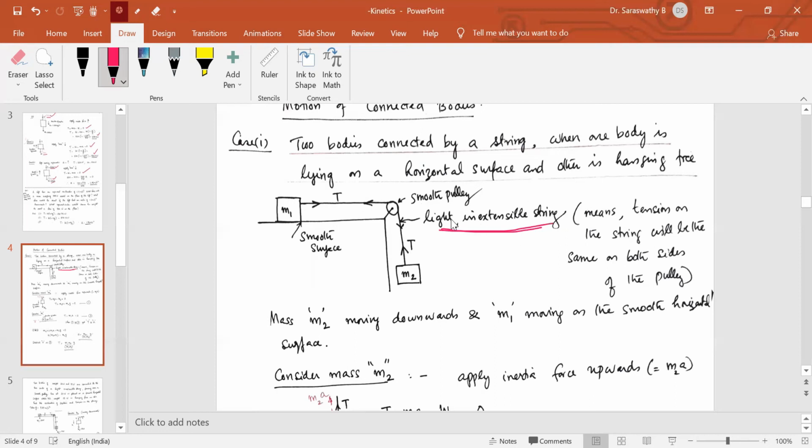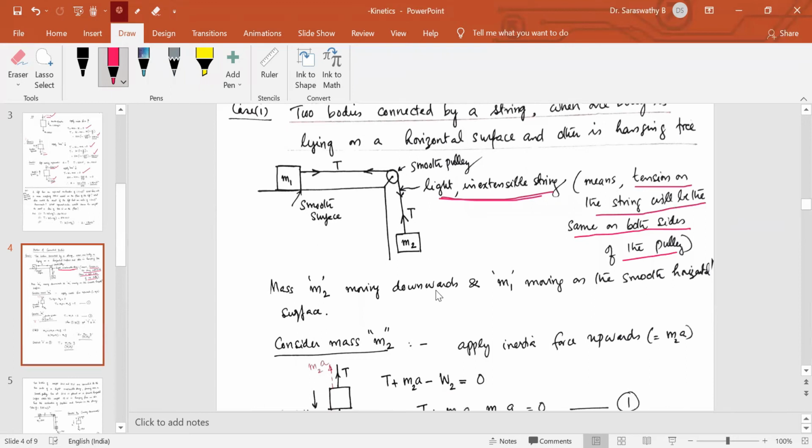These adjectives are given such that if the pulley is smooth and it's a light inextensible string, the mass of the pulley can be neglected so that the tension on either side of the string is the same. So if it is T on this side, it will be T on the other side also. Tension, when we cut it and see, will be marked away from the joint, similarly here, away from this mass, away from the pulley. This is the notation for tension in the string. The question is to find the acceleration of this system as well as the tension in the rope.